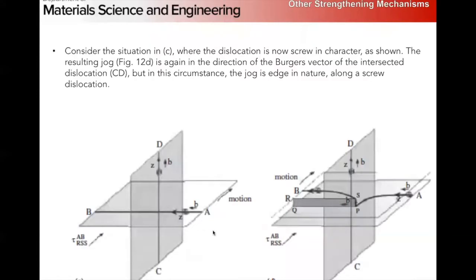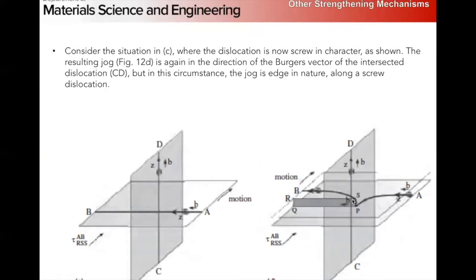Now we have to consider the other case. What if we now have two screw dislocations interacting here, right? Remember, the dislocation still moves perpendicular to the dislocation line. In this case, the Burger's vector of a screw dislocation is along the line length, right? And so the dislocation moves perpendicular to the Burger's vector for a screw dislocation. We get our jog. So our dislocation again leaves the slip plane, right? We now have a step. We go from one plane to the other,